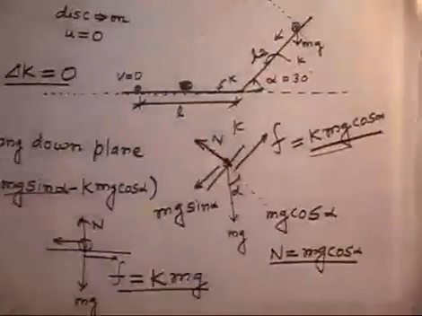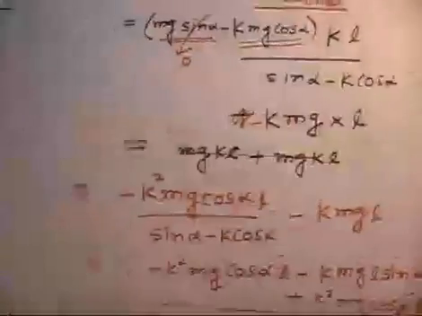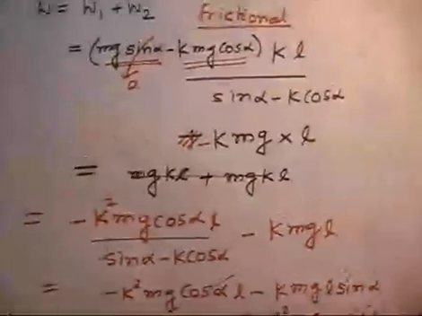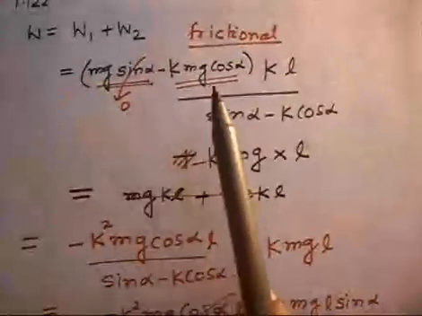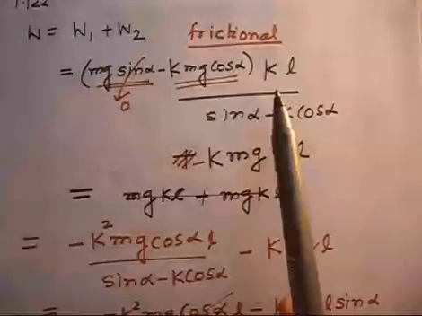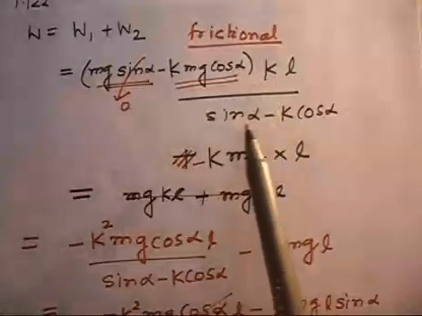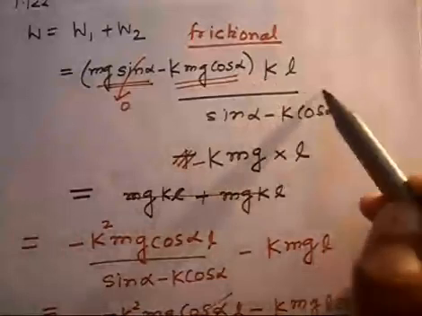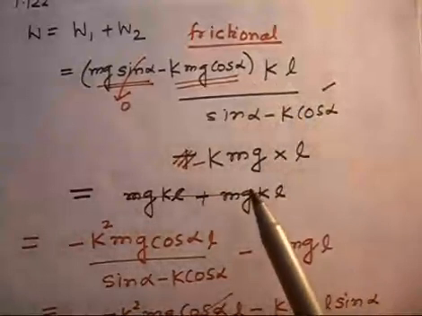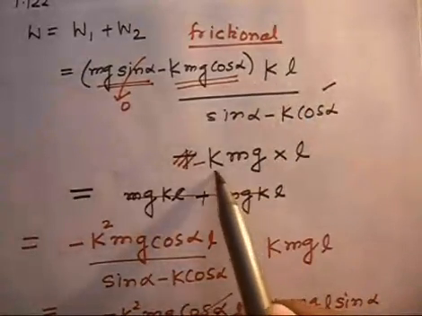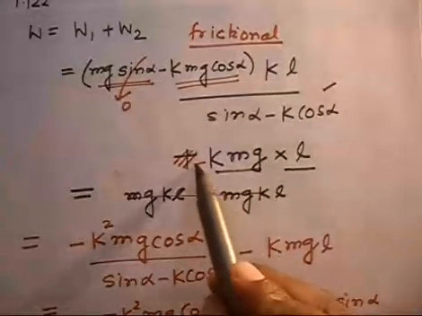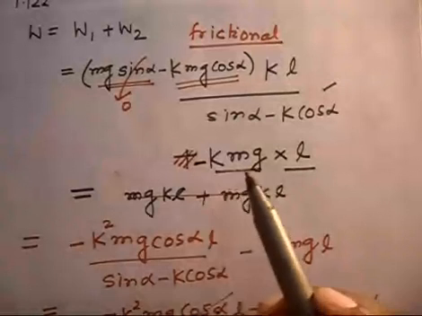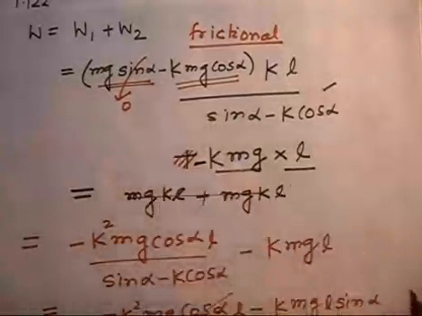So you see, I have to neglect another term. I have to put only kmg cos alpha. So this term is not there if I am only interested in frictional force. So the frictional force is this times this distance L2 which we have already found. Now the second term, along the horizontal line the friction force will be kmg times L. Once again this force will be negative because the frictional forces are negative in nature. This is negative, this is negative.